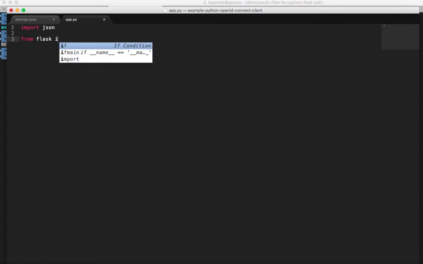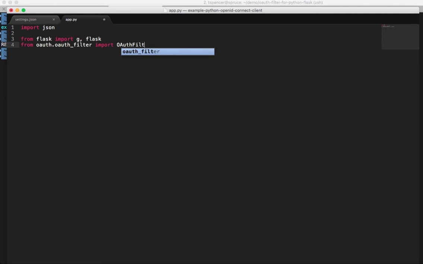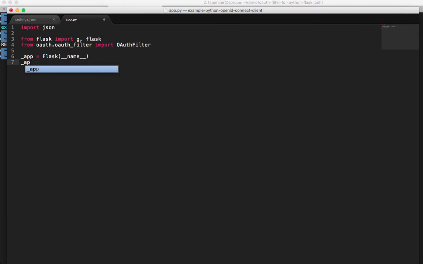So we need to import from Flask the attribute called Flask, and then from the OAuth filter, there is an attribute called OAuth filter. And now we create a Flask application by just using that Flask constructor, and we'll pass it the name of the Python file. And now we need to create the filter itself. So we'll go ahead and new up one of these filters, saying verify SSL equals false. Real secure, I know, but that's not the point. The point is just to learn about how all this works to start with,